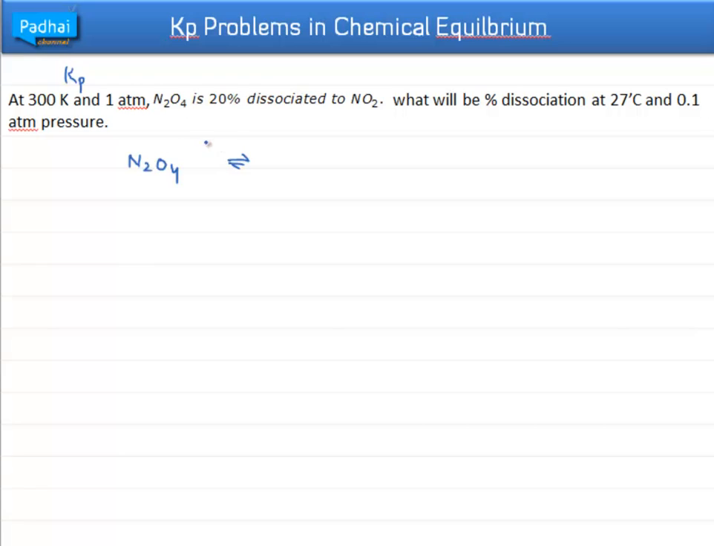So we have been given the dissociation at 1 atm, and we have been asked what will be the percentage dissociation at 0.1 atm. So let's continue the problem. N2O4's equilibrium equation would be like this: N2O4 dissociating into 2NO2, and as has been written, the dissociation is 20%. So let's say